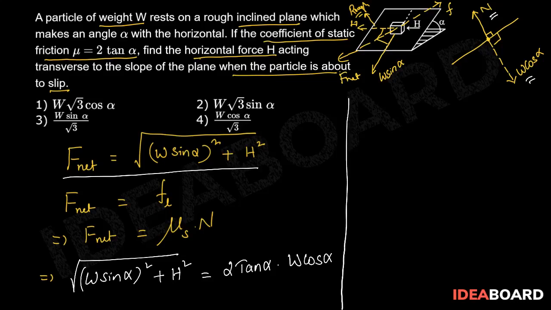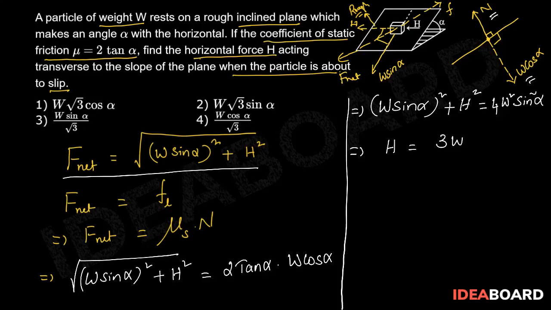Squaring on both sides and rearranging, we get this equation as (W sin alpha) whole squared plus H squared is equal to 4 W squared sin squared alpha. From this we can write H equals 3 W squared sin squared alpha whole to the power of 1 upon 2. So from this, H is equal to root 3 times W sin alpha. Therefore the correct option is